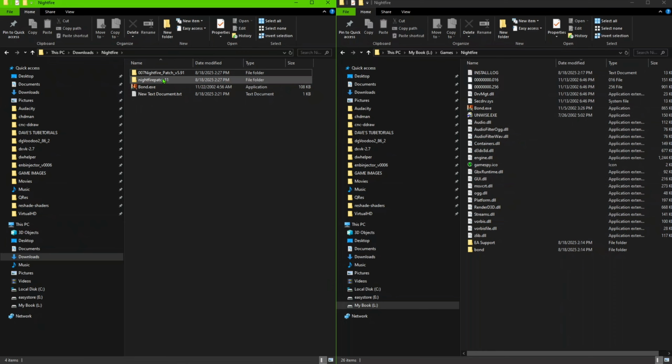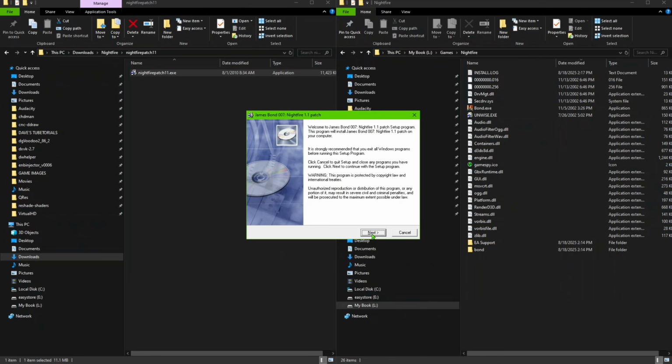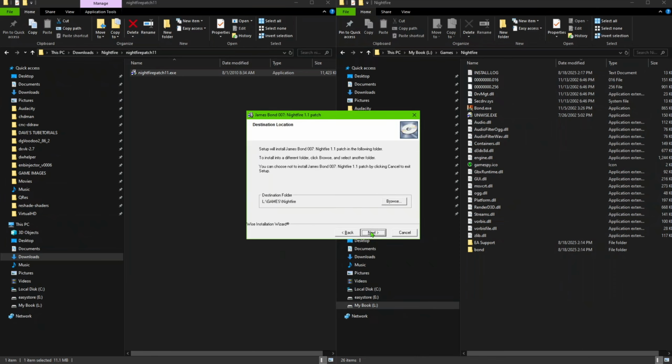The first thing we're going to do is install the Nightfire 1.1 patch. You just go ahead and double click on that. You're going to click next. Next again, and you're going to put the location here. It already found it for me because I've already installed it before, so that's automatically on there. If it does not point to the correct location, just click browse and point to the folder that has it and click next,